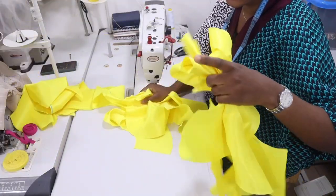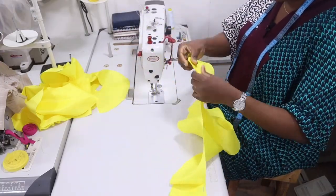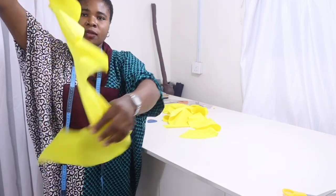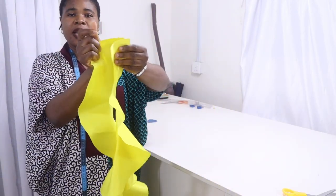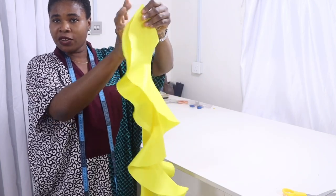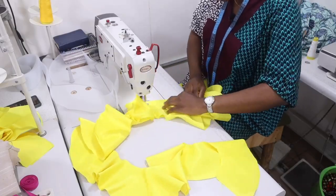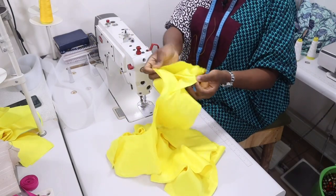So I'll join these 4 together, and I'll also join these 4 together. You can see how long it is. Then I've joined the other 4 as well. The next thing you have to do now is match the 2 of them together like this, right side to right side. Then you join the hem line of the flounce together with 1/2 inch allowance all the way down. Okay, so I'm done joining them together, but before you turn them to the good side, you need to attach